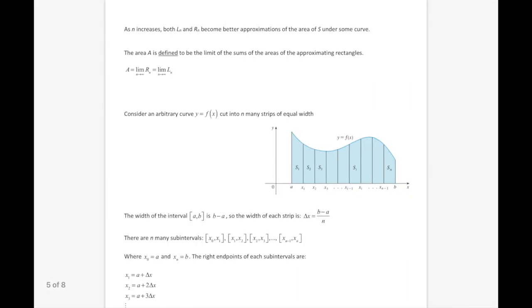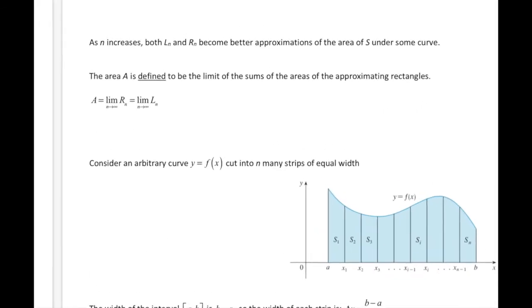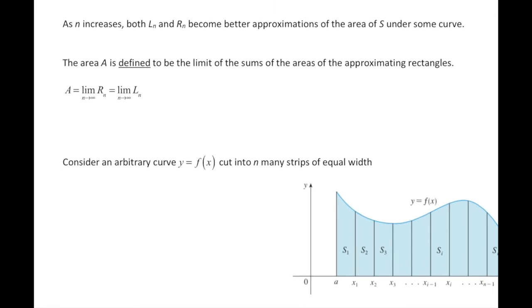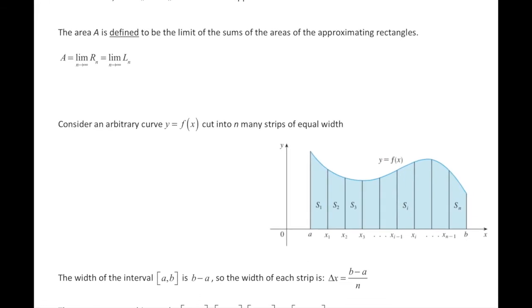But here's the concept. As that n value increases, both the left rectangles and the right rectangles become better and better approximations for the area. So that's how we're going to define area. Area is this limit of the sums of those approximating rectangles. As the number of rectangles becomes greater and greater, the sum, that limit, will approach the exact area. So the area under the curve is the limit of the sum of those rectangles as the number of rectangles